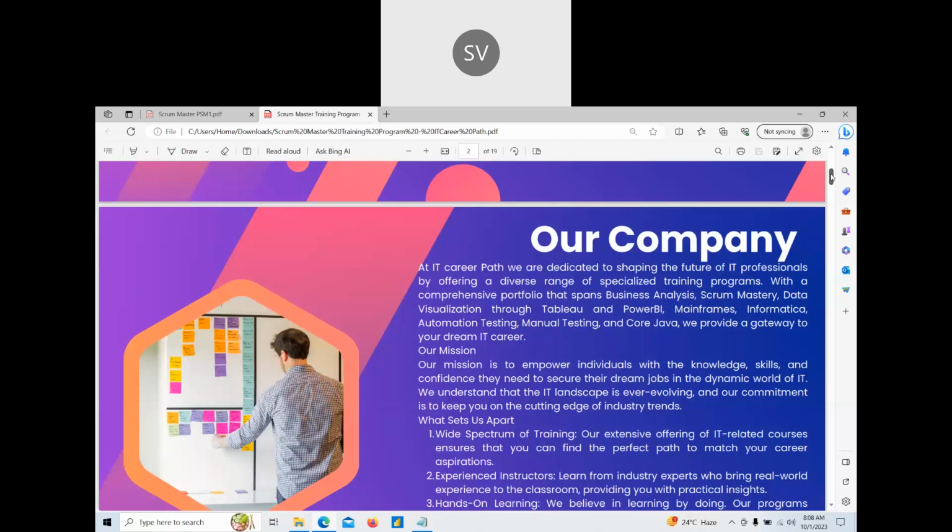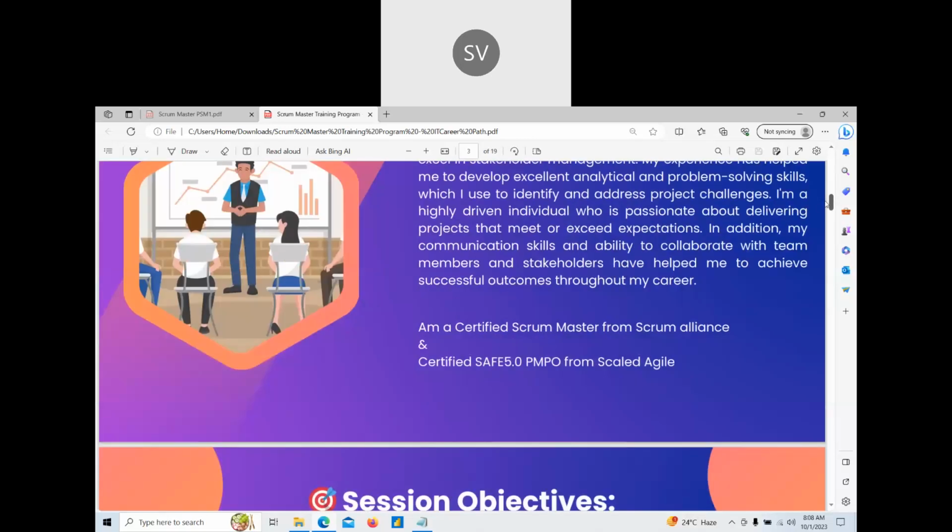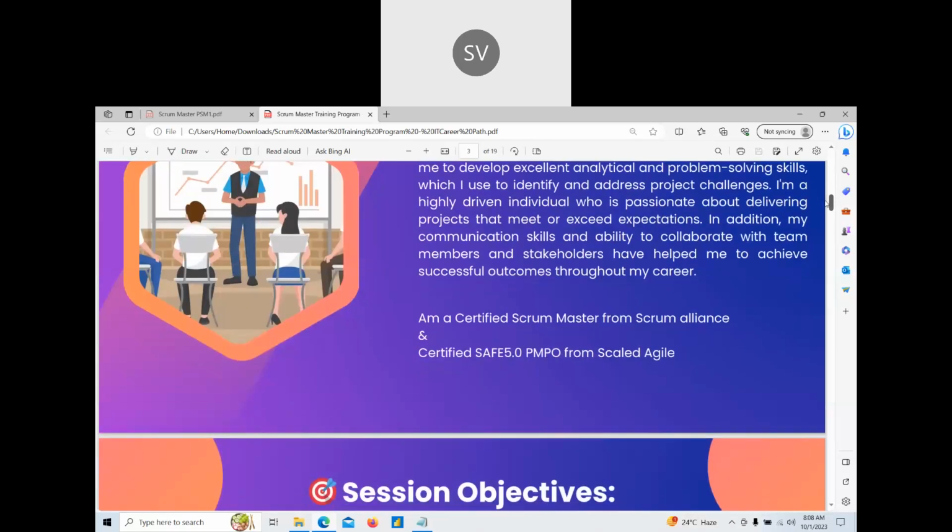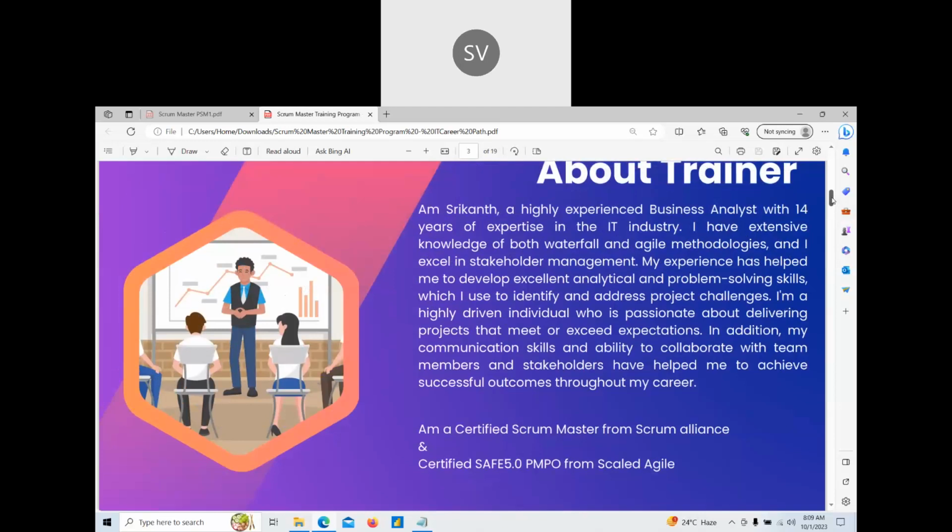Currently I'm working as a business analyst at a manager level. I'm a certified Scrum Master from Scrum Alliance, and a SAFe Product Manager and Product Owner from Scaled Agile. So these are the two certifications I hold, and this is all about me.